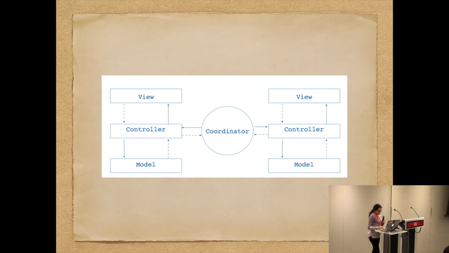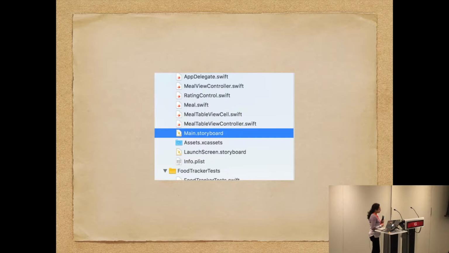It's a really simple application called Meal Planner, and it has 2 view controllers, 1 table view controller, 1 normal UI view controller, 1 meal class which is a model, and some rating control and others. Pretty simple application,